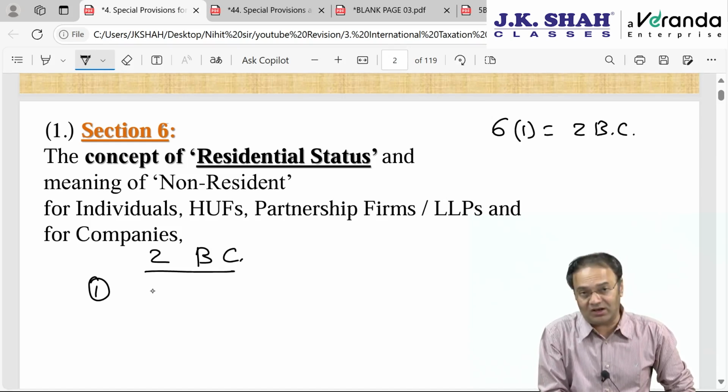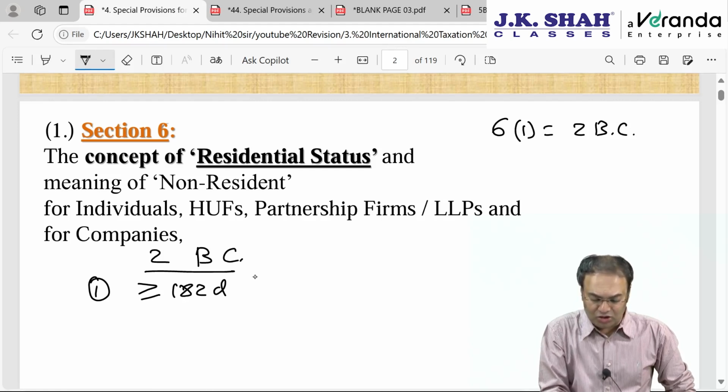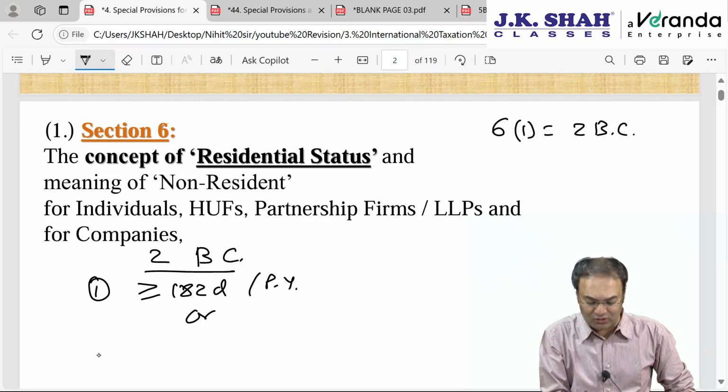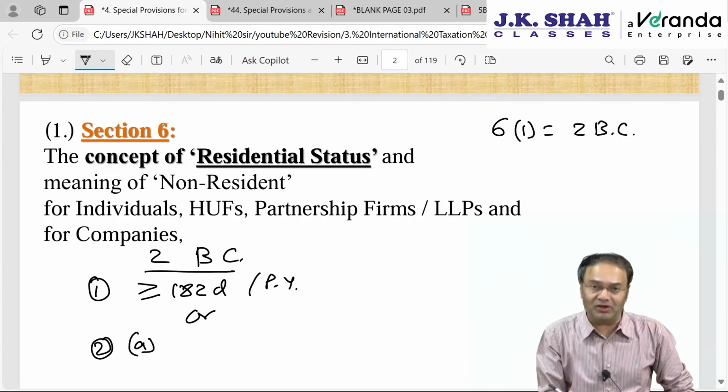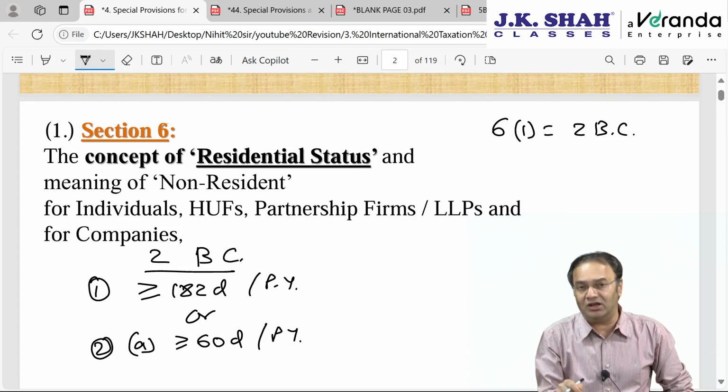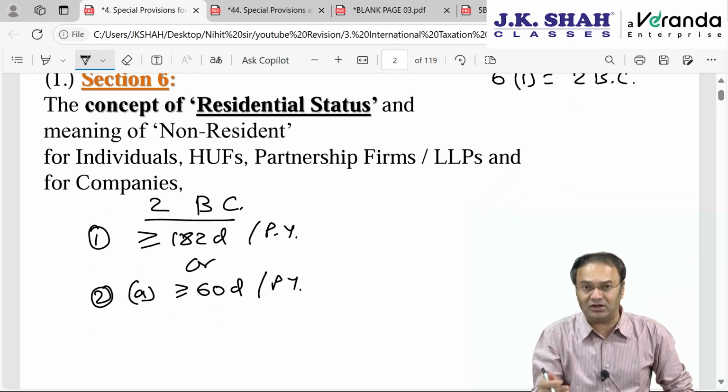Number 1, either that individual is present in India for 182 days or more during the relevant previous year. Relevant previous year means the year for which we are calculating. The second condition has two sub conditions, both of which have to be fulfilled. Either that person is present in India for 60 days or more during the relevant previous year. His stay in India is 60 days or more,